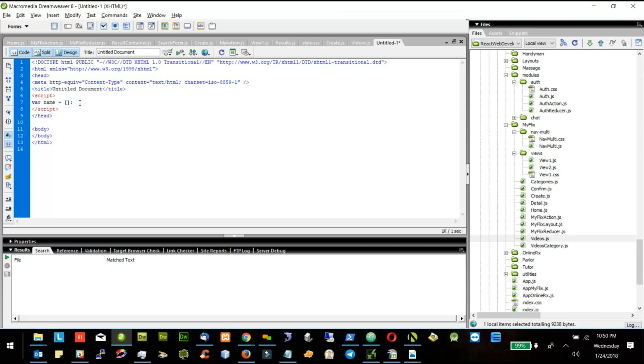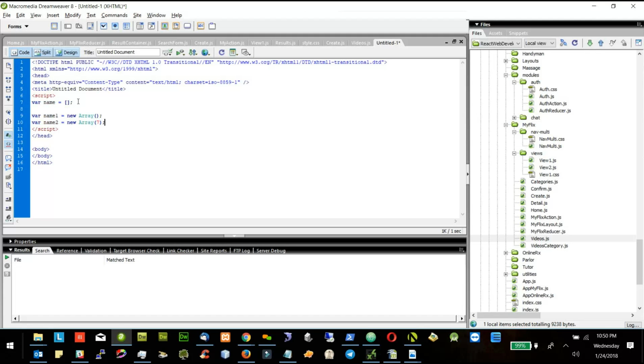But there are some more ways where we can create the array, and one of the ways is I can say name1 equal to new array. I create an empty array and then I can fill it with different variables. Another way is I can say var name2 equal to new array, and I can give the size, the length of the array.